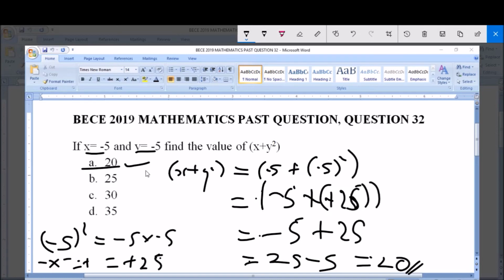Remember, we're given that x is equal to minus 5 and y is equal to minus 5, and we have to find the value of x plus y square in brackets. And like I told you, since x and y are negative integers, we have that minus 5, which is equal to x, plus open bracket minus 5 square. And like you know, when you are dealing with a square, it means you're multiplying the number by itself, and that means you're multiplying minus 5 times minus 5. And like you know, minus times minus is equal to positive. So therefore minus 5 times minus 5 will give us a positive integer, which is plus 25. And so when you add minus 5, a negative integer, plus a positive integer plus 25, it's the same thing as saying 25 minus 5. And so we have 20, and therefore 20 is our